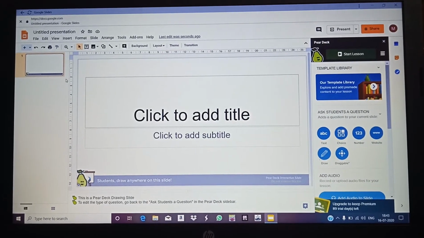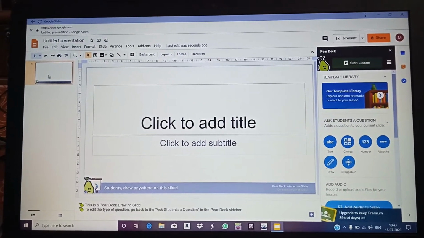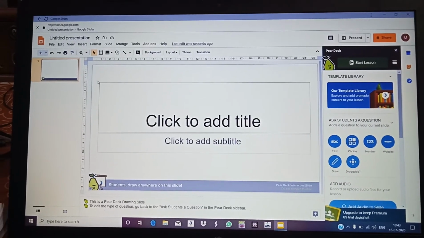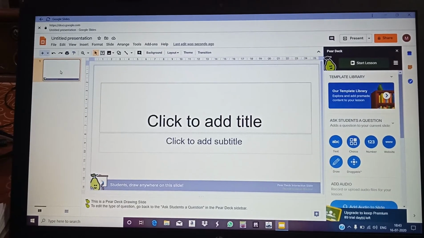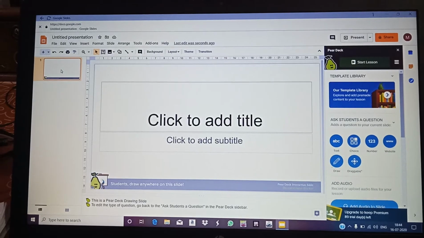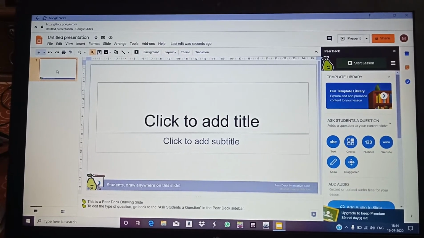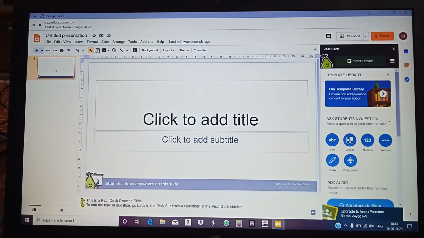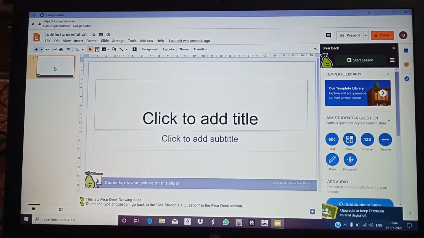I hope everyone knows how to make a PPT. In the same way you have to make PPTs and use these options, these formats, for making the questions. One slide is already given; you can click on this slide and then press Control plus M, and you will get a new slide. This way you can make the whole PPT as per your demand, in whatever format you want. You can use text, choice, number, draw, draggable, etc.